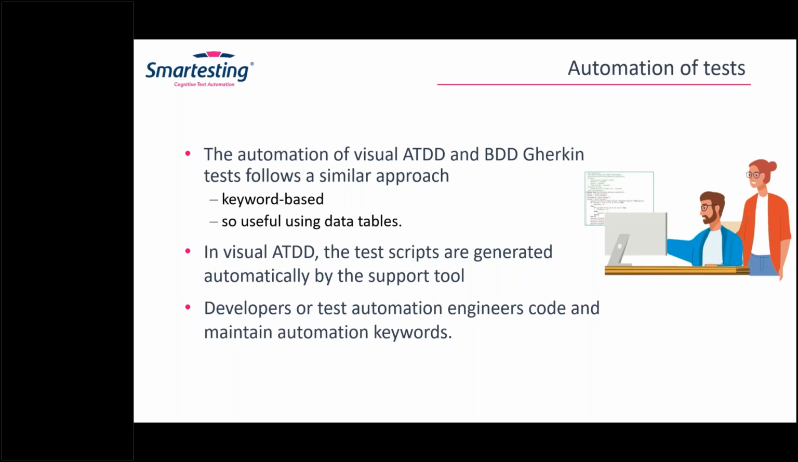So how about automation? How does each of these methods support automation itself? The automation of visual ATDD and BDD Gherkin also follows a similar approach. That's what we have seen in many of the settings. They are keywords based, and it's best when driven with data tables. In visual ATDD, the test scripts are generated automatically by a tool that supports it,